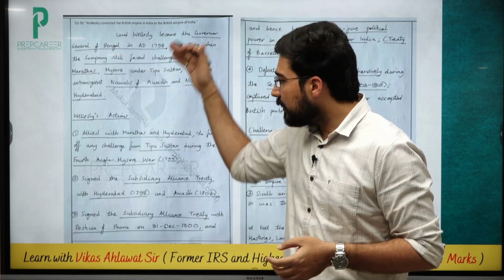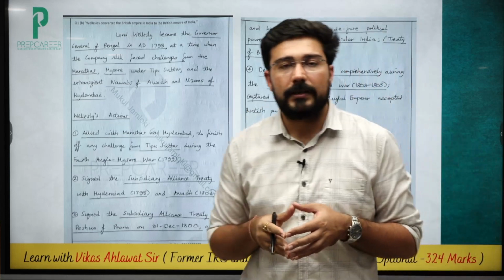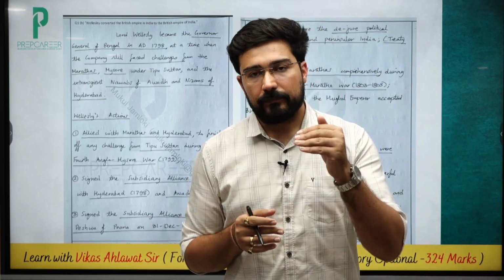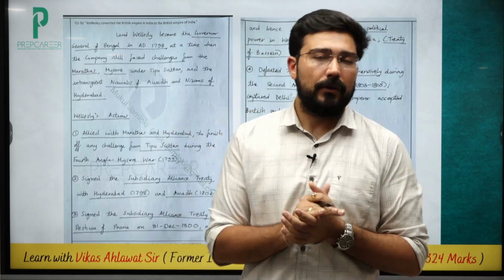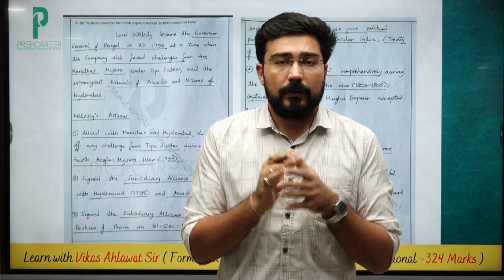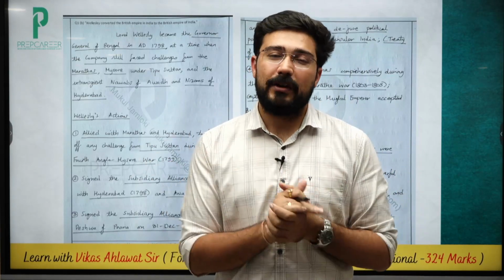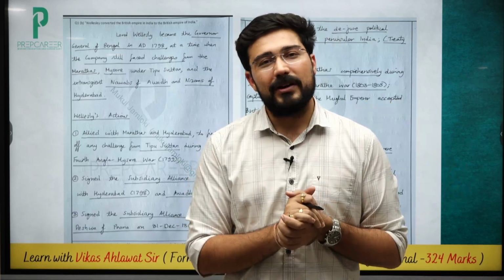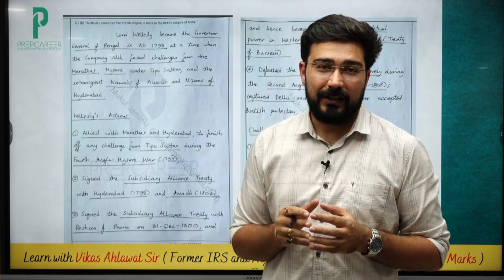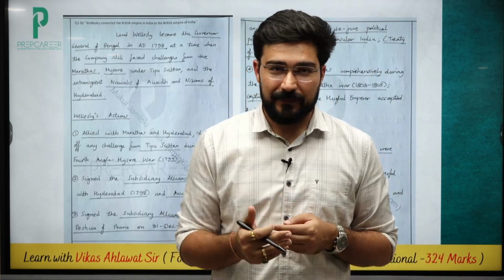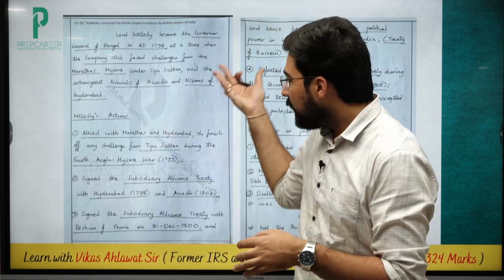Alright, let us try to see further. Wellesley's actions: allied with Marathas and Hyderabad. So all of you understand, in 1798 when he came to India, Napoleon had become a very prominent personality in Europe and he was going towards Egypt. So there was a kind of theory that he may come towards India. So that's why the French danger had become very real in the minds of the British, and this specific perception was exploited by Lord Wellesley to fight many wars in India. Okay, he said since Napoleon can come, we have to safeguard each and everything, and that's how he started with